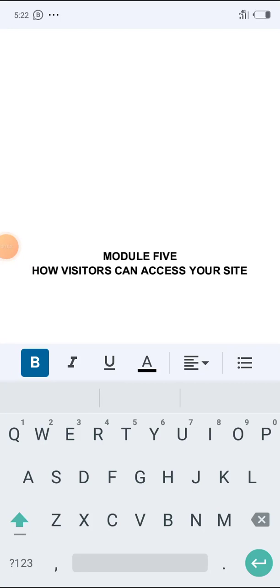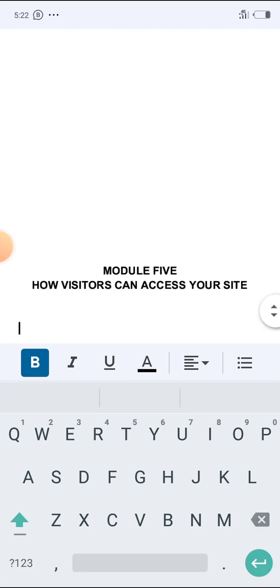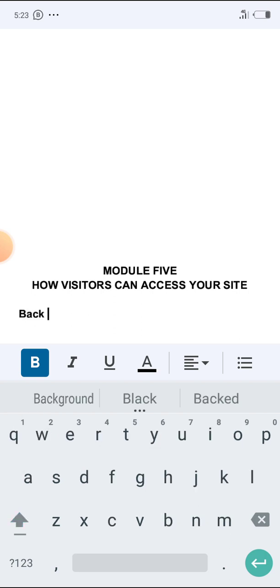How can visitors access your site? I just got a question from one of my students, and it was actually a very great question. How can visitors view your site? Important. I explained in one of the past modules that there's what we call the back end of your site,